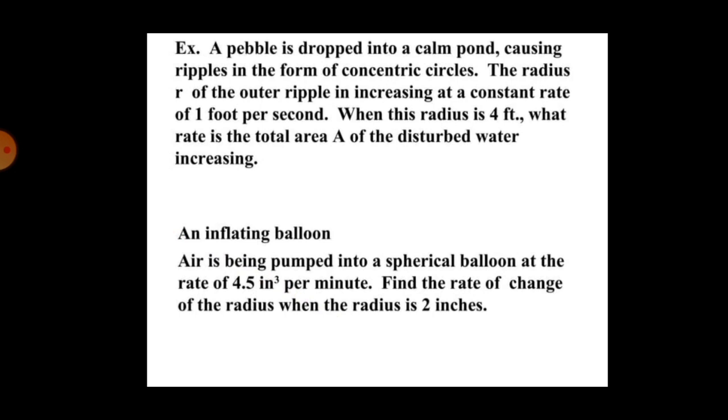Another example. A pebble is dropped into a pond causing ripples in the form of concentric circles. The radius r of the outer ripple is increasing at a constant rate of 1 foot per second. When this radius is 4 feet, at what rate is the total area A of the disturbed water increasing? An inflating balloon, air is being pumped